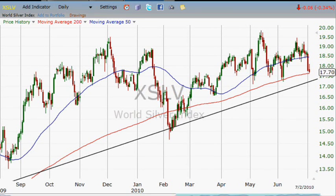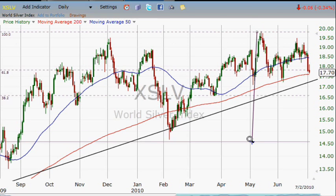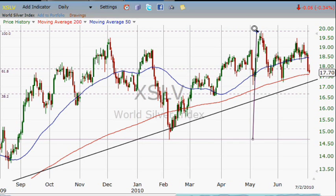Good weekend, everybody. This is a silver update using freestockcharts.com and the code XSLV. And we have this monstrous red candle, and there's numerous on the silver charts to the downside, which brought us directly down towards this moving average, which is the 200-day moving average. If we take the Fibonacci from the highs from up here towards the lows, it looks like